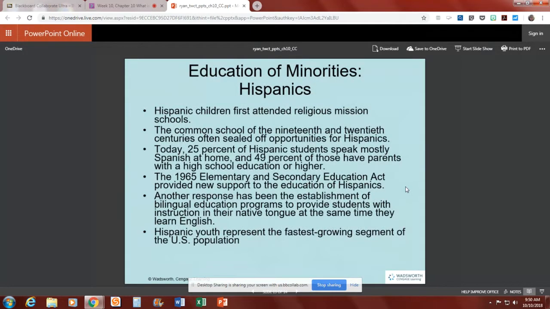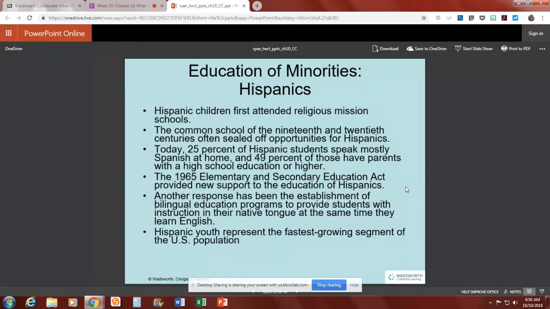All right, next let's look at the education of minorities and consider Hispanics. Of course, you probably are aware that the Hispanic population is the fastest growing population in the United States. Hispanic children first attended religious mission schools. The common school of the 19th and 20th centuries often sealed off opportunities for Hispanics. Today, 25% of Hispanic students do speak mostly Spanish at home, but 49% of those have parents with a high